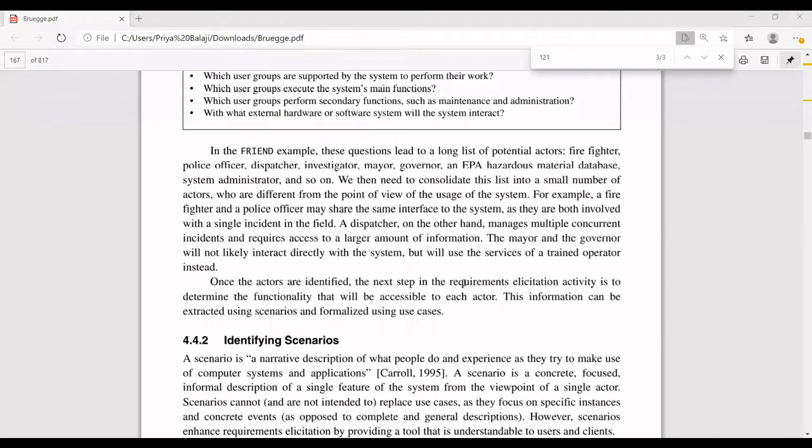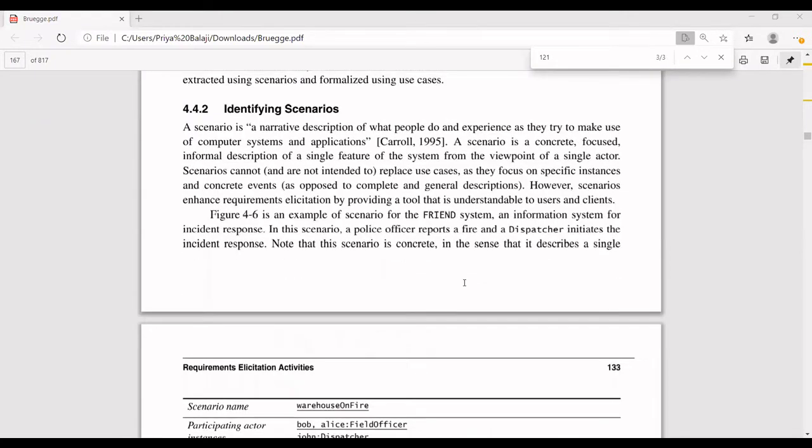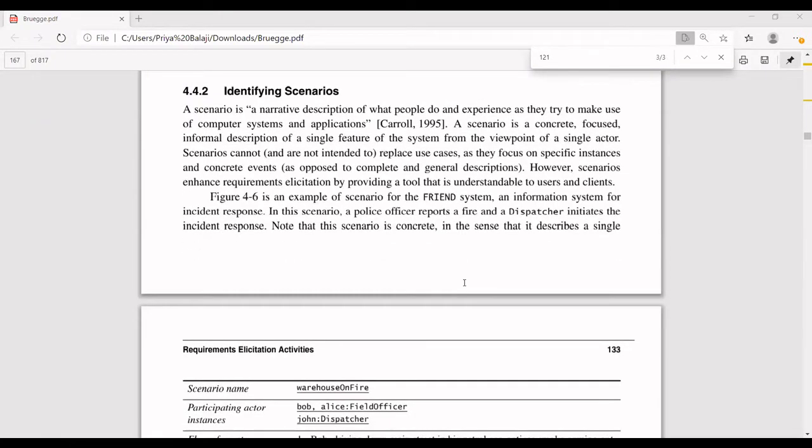Next one is identifying scenarios. As we already discussed about scenarios, like the ATM scenario, I told you, if you have sufficient balance, the amount has to be withdrawn. If you do not have sufficient balance, then it has to send the message that the amount is less than what you have quoted. So you have to re-enter the amount that is required, right? Like that, we have to define the scenarios. There will be loop scenarios or alternative scenarios.